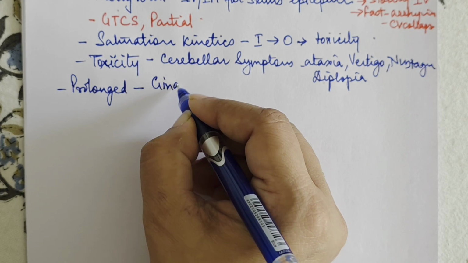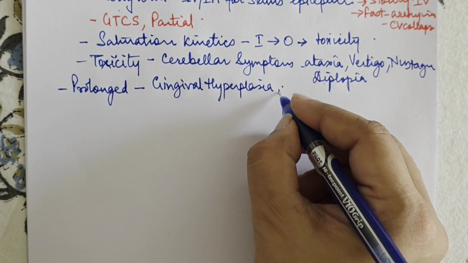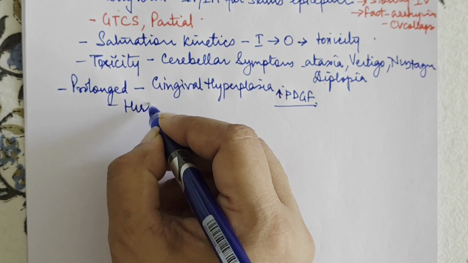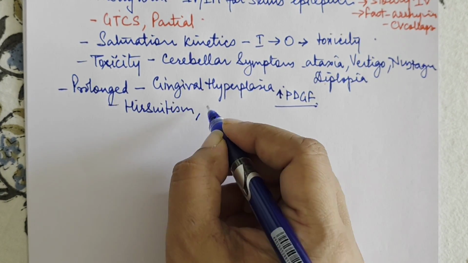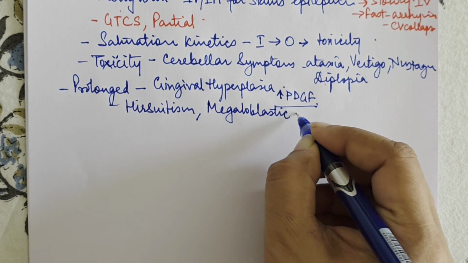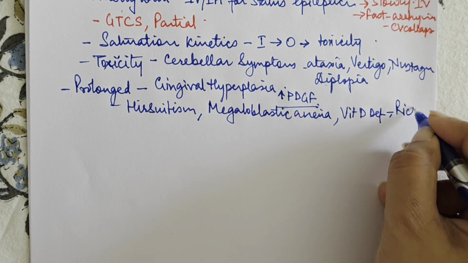It results in, first thing, gingival hyperplasia, that is gum atrophy. This is because of increased platelet derived growth factor in the body. Then it also causes hirsutism, megaloblastic anemia, vitamin D deficiency. So it results in rickets and